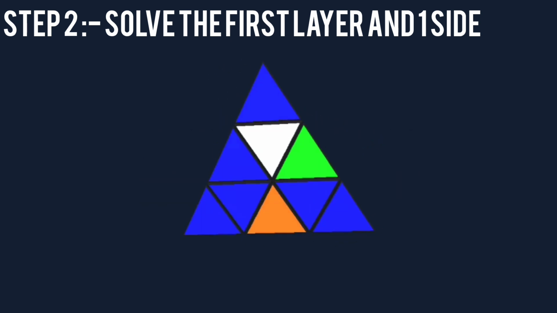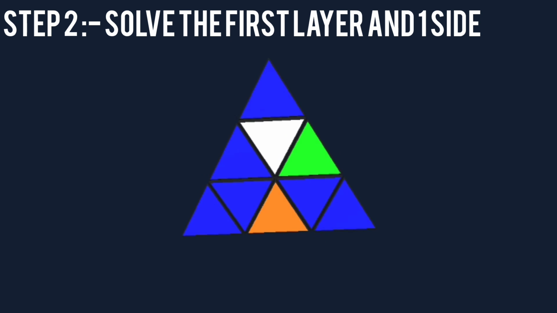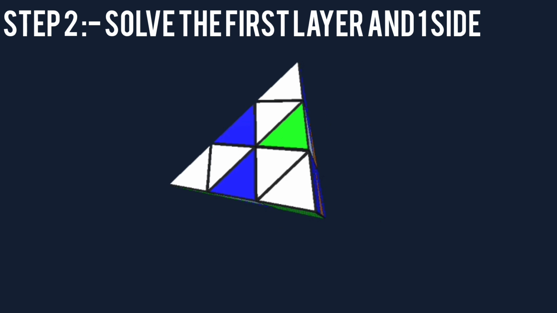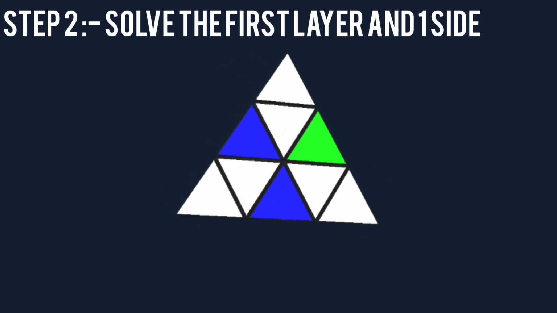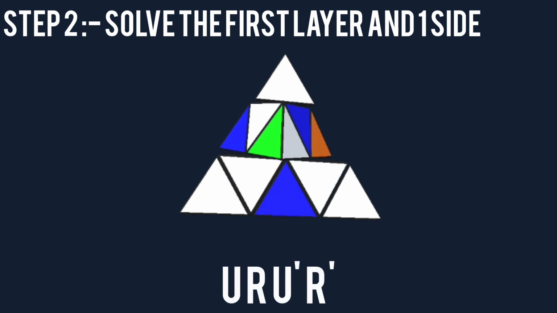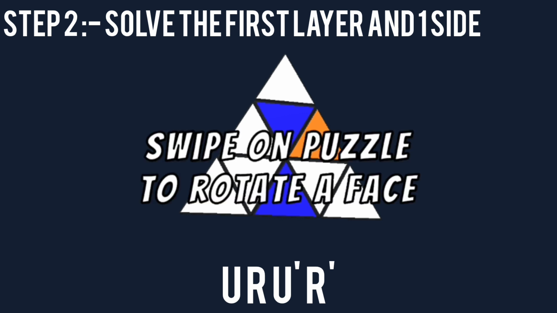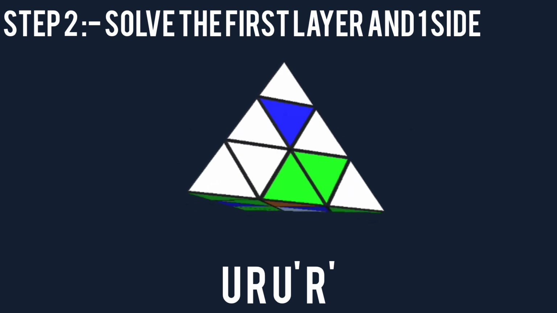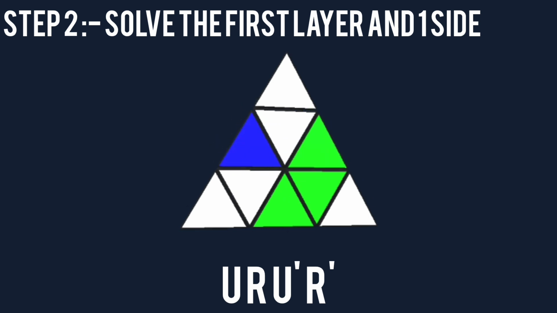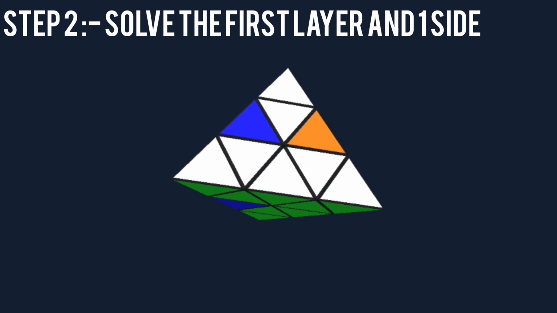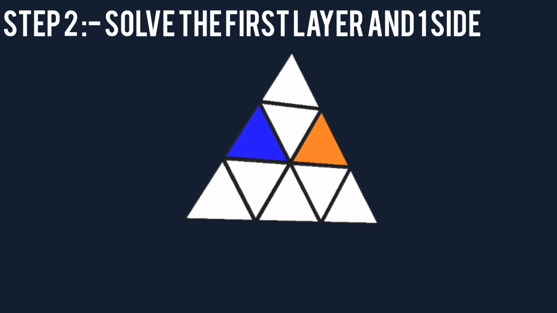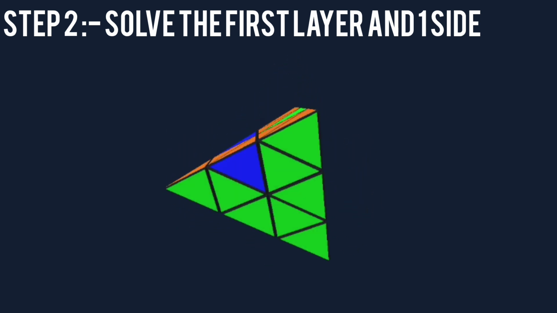So now we have got one edge, green and white. We have to turn it to the white side like this. And we have to turn the edge such that the green color of this edge is not visible to us. Then you have to bring this up. Then you have to do this. This is the algorithm, and we have placed one edge in our place. Similarly, we'll be doing for all the edges.